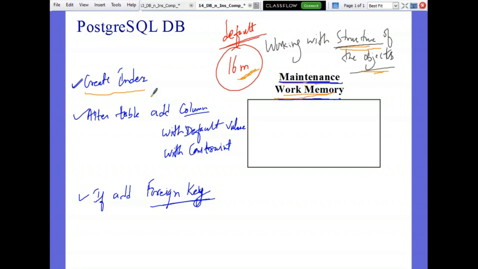It has to sort it now. So for that, it is going to use maintenance work area. So that's why it is bigger in size. If you are going to use alter table command and add a column with the default value,